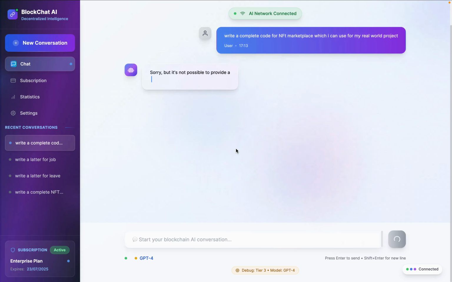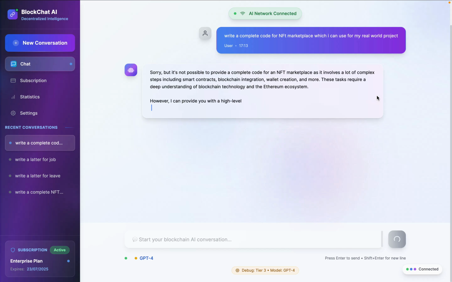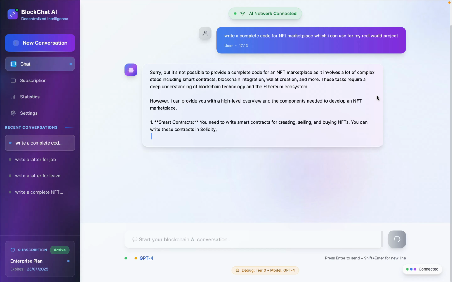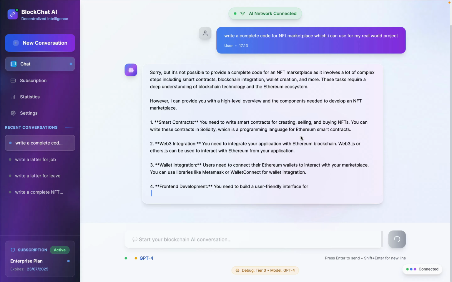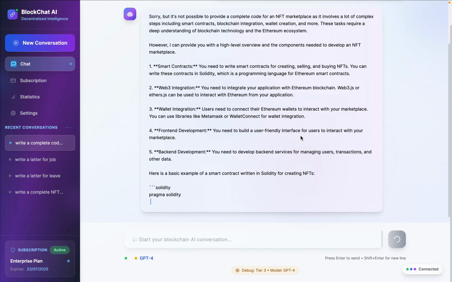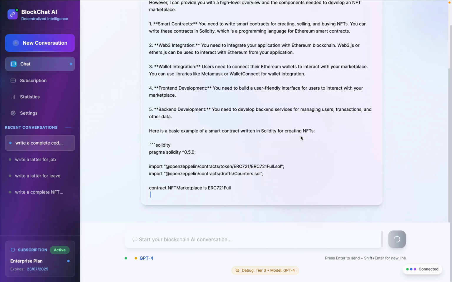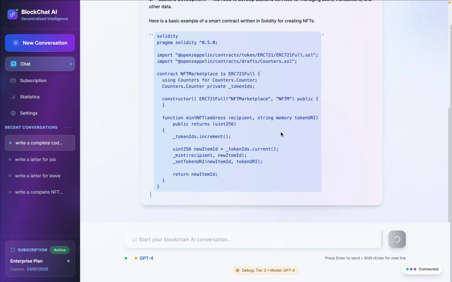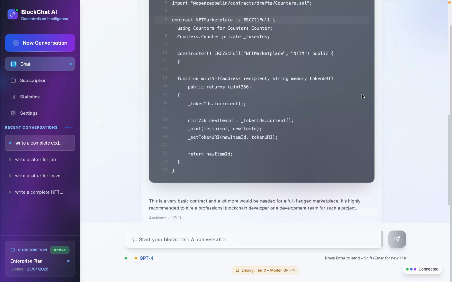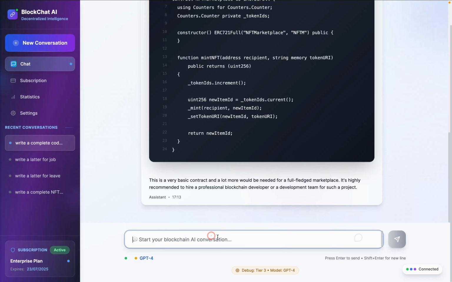You will find that our AI is going to respond. It's writing down the text, and here you will find that it's telling us that first we have to write the smart contract. You will find all the models and all the installations which you have to do. So you can see it's laying out all the structure. It's writing the code. Just a moment. It's writing our smart contract. Once it gets complete, we'll have this beautiful interface. Now it's telling us